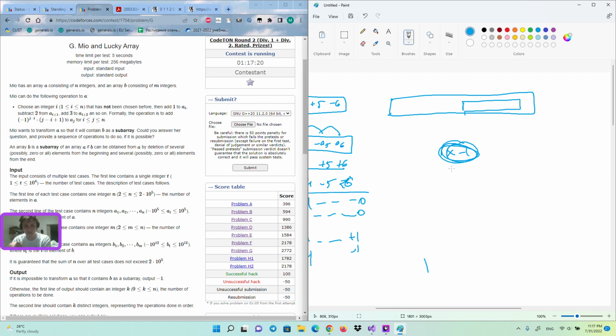What do we do next? In this case, all we want is to add some of these numbers in order to make these two numbers correct. And what do we mean by this? We mean that these two numbers must be with this exact difference, and this number must be also exactly the same.